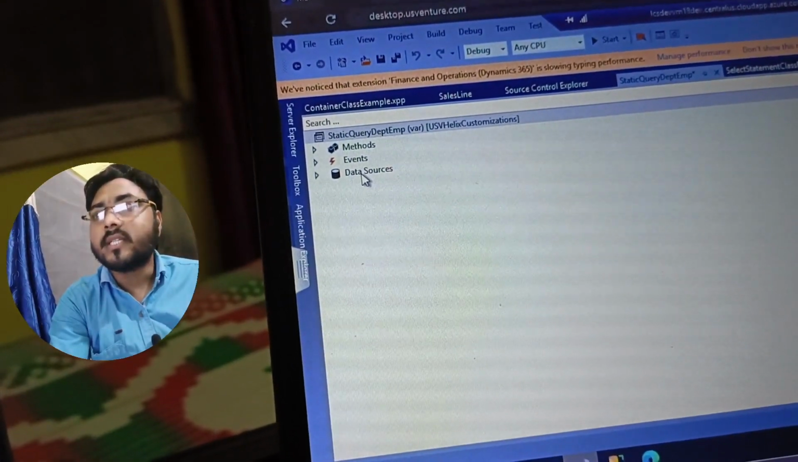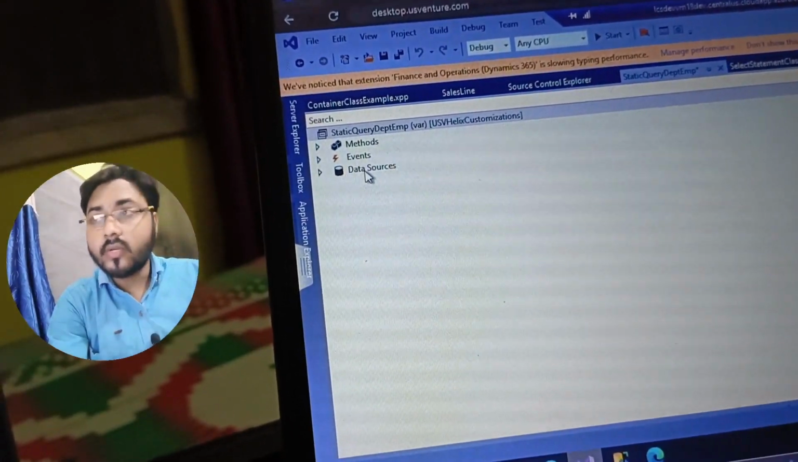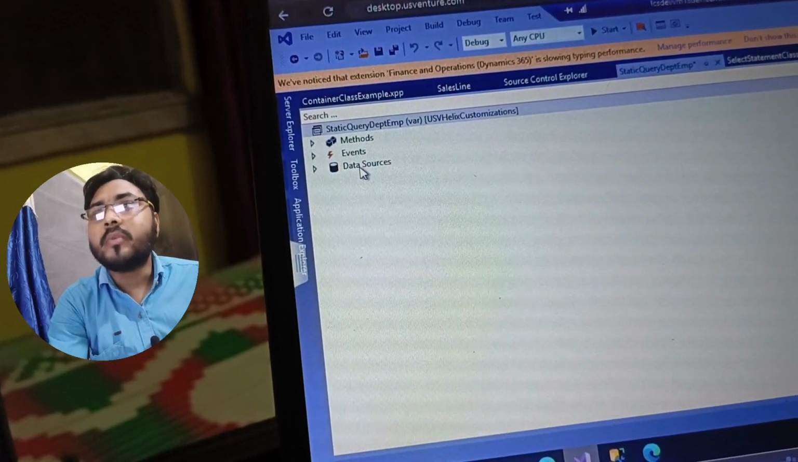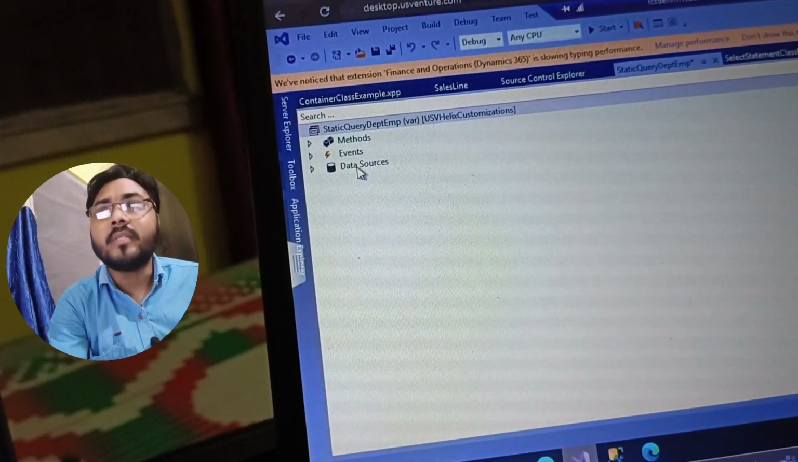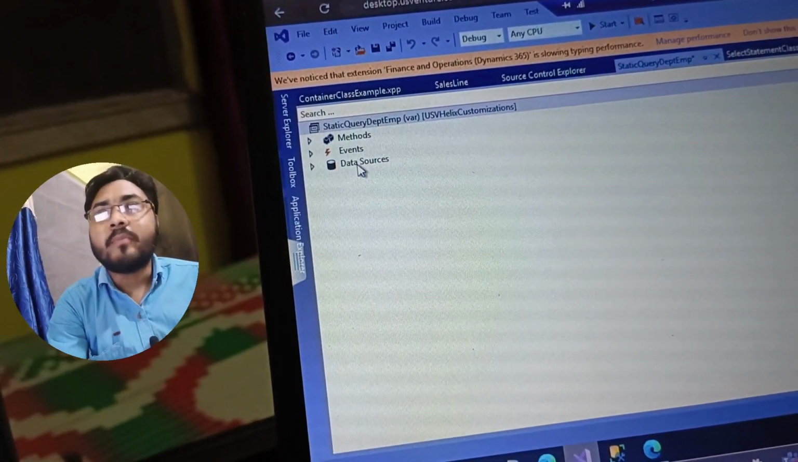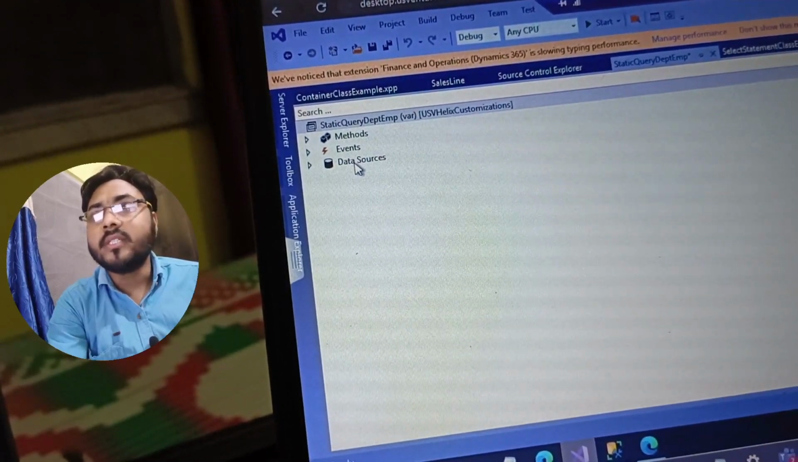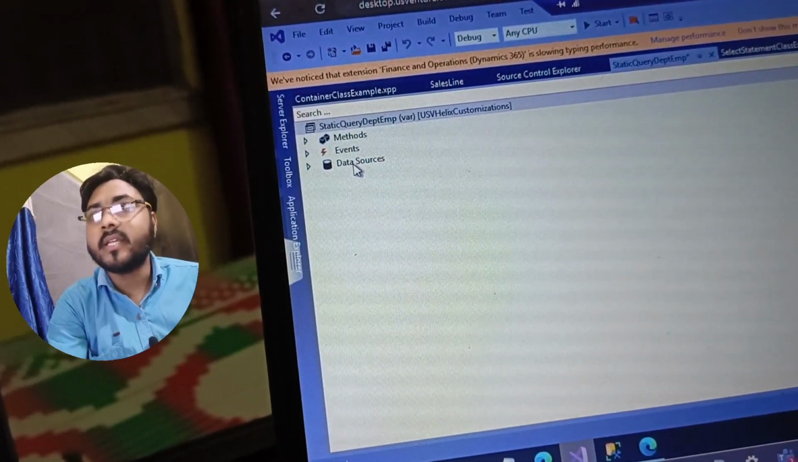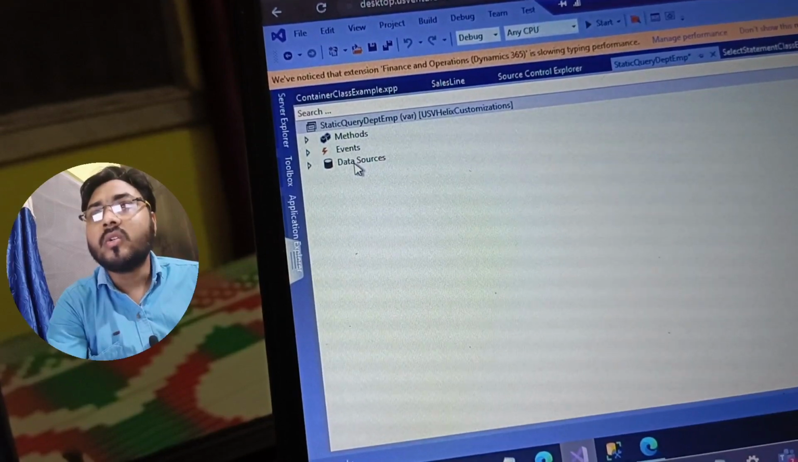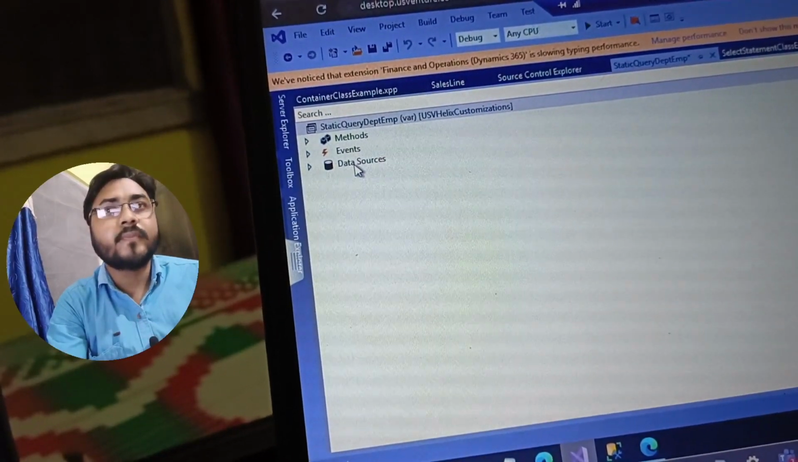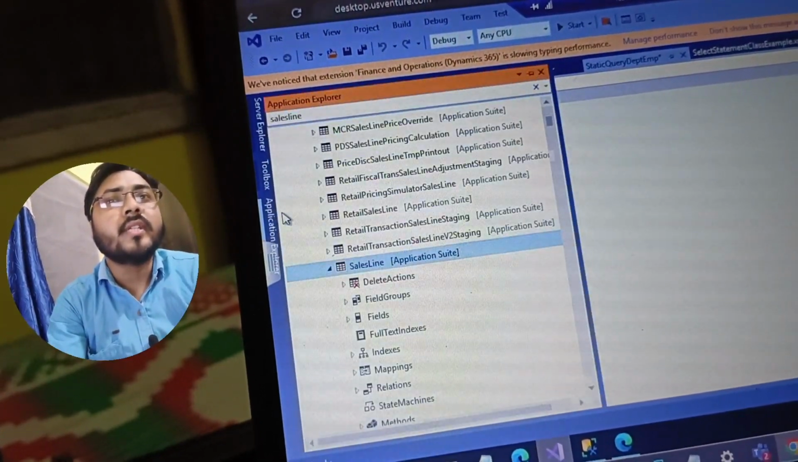So what is actually a static query? The static query is nothing but predefined queries that can be accessed from the application object tree, that is AOT. In Microsoft Dynamics AX, static queries are located in the queries node. So if we go into the AOT,